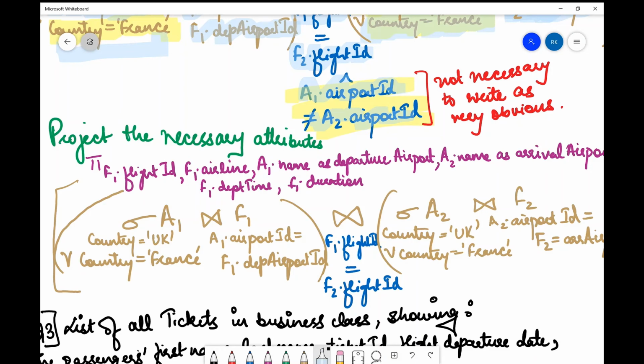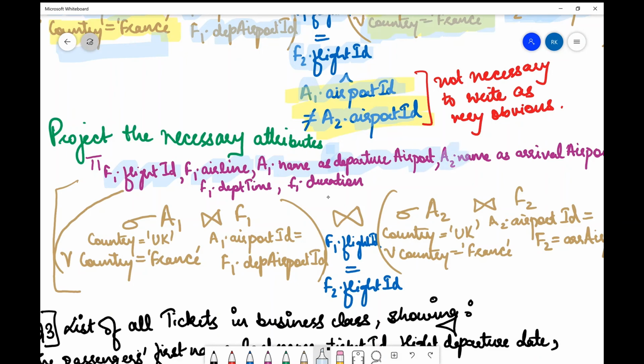As in the question, it is required the flight ID, airline, then the departure airport name. So what I've done over here is I've said A1 dot name as departure airport. Now I'm not sure whether the as clause can be used in relational algebra. It is used in SQL queries, but I'm not sure about this, so you can please check with this.